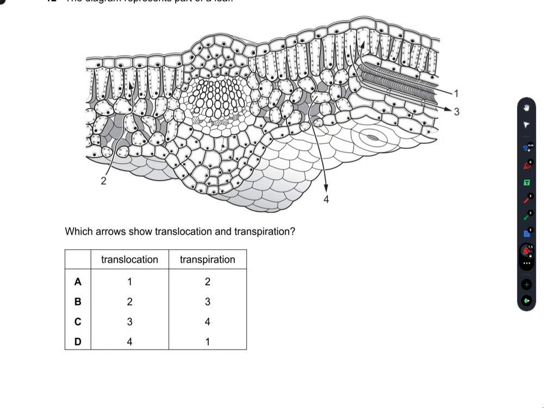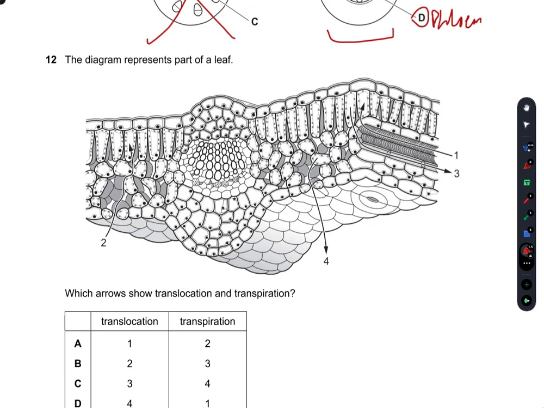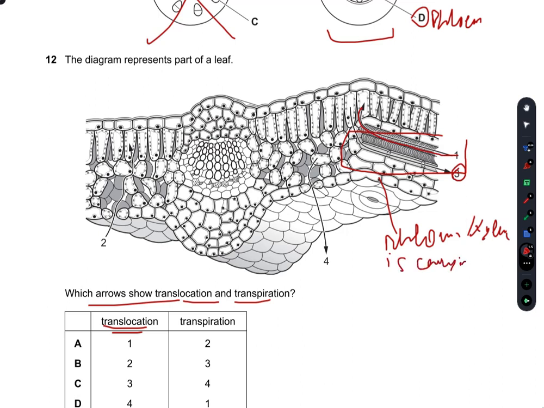The diagram represents part of a leaf. Which of these arrows show translocation and transpiration? So what is transpiration, and what is translocation? First of all, translocation is the movement of sugars from leaves to the lower parts of the plants. So this is the phloem. Yes, it is phloem. This is the phloem and xylem. So phloem is carrying food